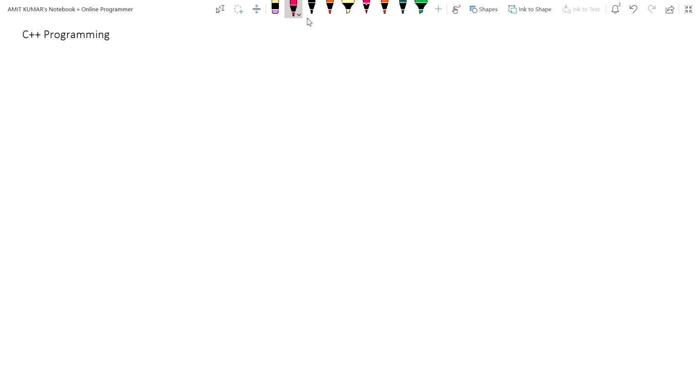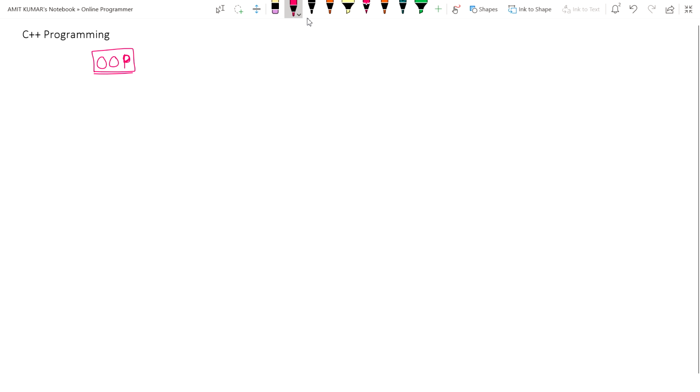C++ basically was an extension of the C language, which was a procedural language.